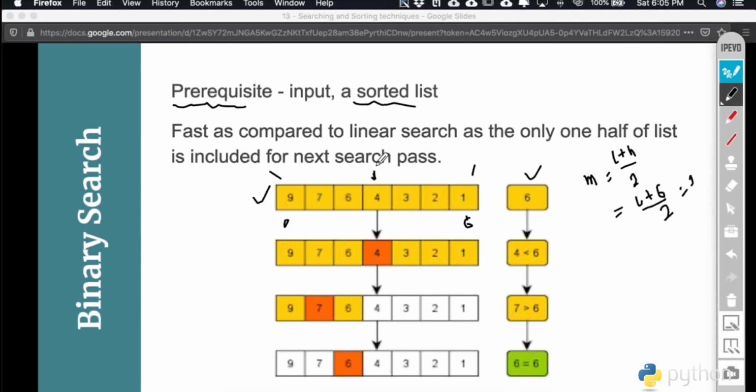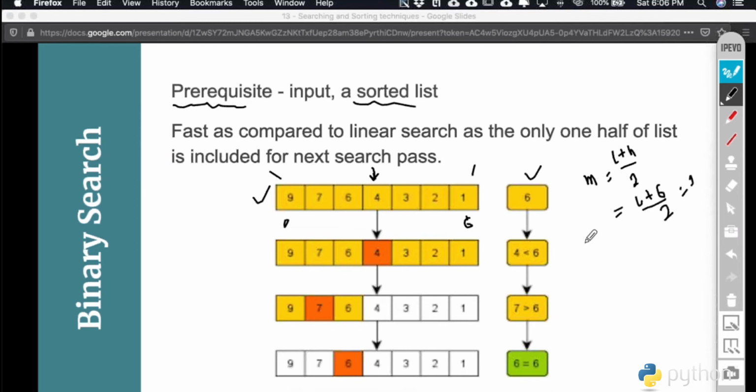Now you basically do not start from the left hand or the right hand. Rather, you directly jump to the middle, and the middle index can easily be calculated if you are arranging these items in an array. Obviously, when you implement it through a linked list, it is a little bit hard because that is not arranged with an index pattern, so you need to count the number of elements and then chop it down. So here, this has become my element which I will use for the comparison. I will compare 6 with 4. So when I go to comparison, actually